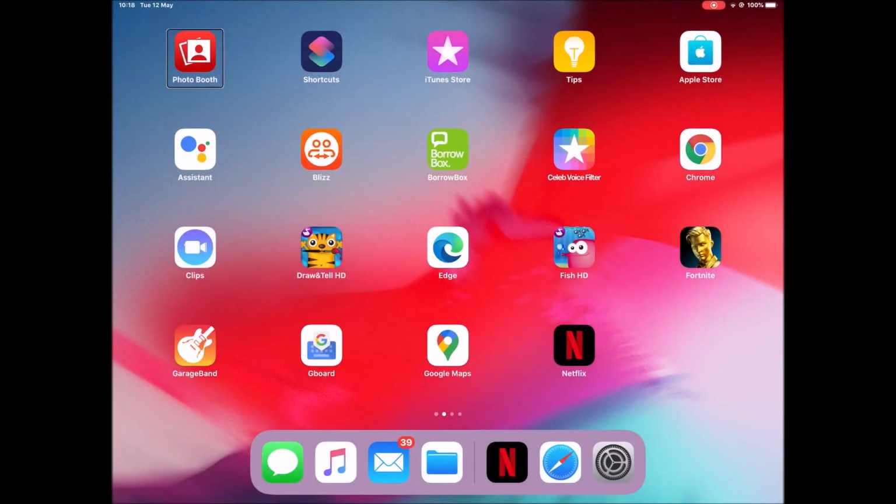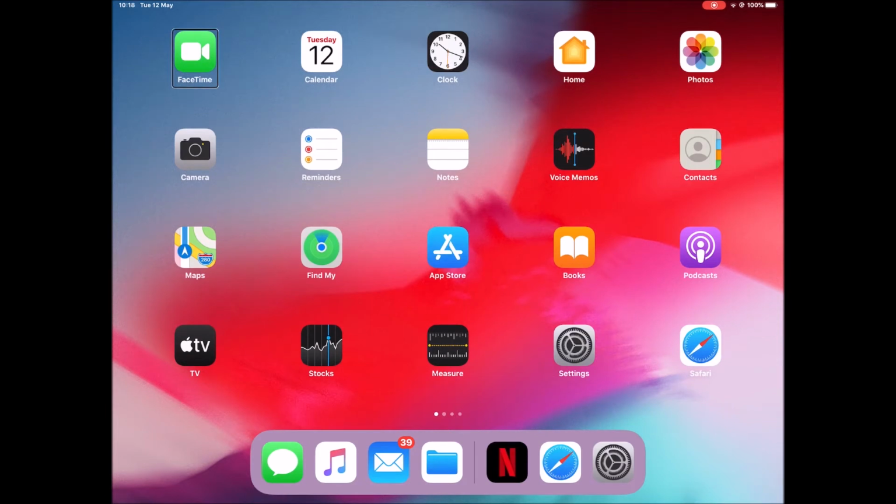Okay, double tap to open. So I've landed on my home screen here, and I'm just going to swipe left until I get to my browser. Double tap to open. Okay, so my web browser on the iPad is Safari, and I've got to open that